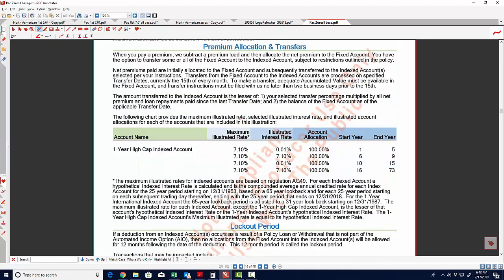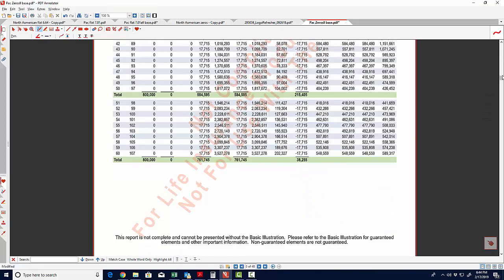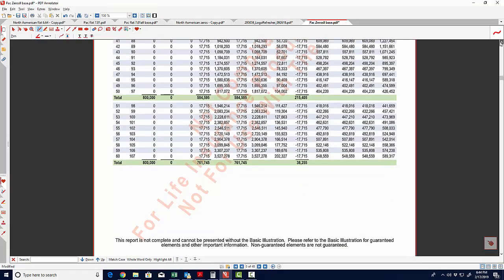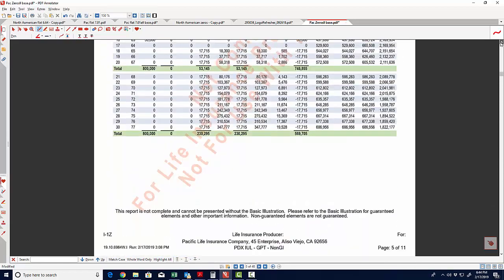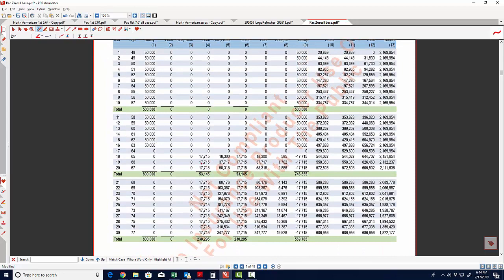So this is our Pac Life policy where we've thrown in the zeros, and I just want to show that to you first. So here's our 0% years 1 through 5. That's the same. And then again, 0% years 10 through 15. That's the same. So we're using the exact same 0 years in this Pac Life policy. Again, it's structured poorly, but check this out. Our income goes from $75,000 a year all the way down to $17,715 per year when we throw in those zeros.